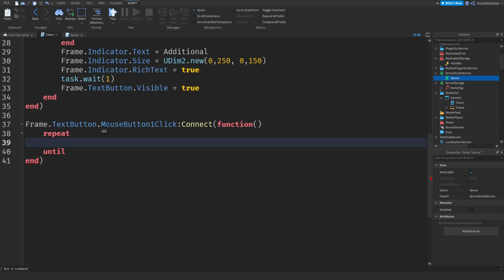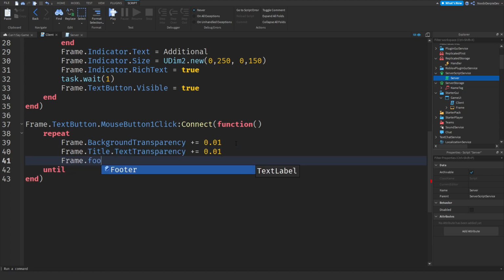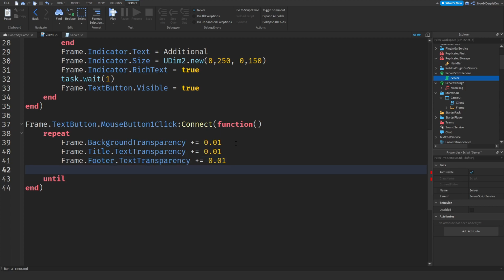So this is a little bit harsh, it's a long line, but frame.background transparency plus equals 0.01, and just copy this by now. Frame.title.TextTransparency, so make sure it's text transparency plus equals 0.01. Frame.footer.TextTransparency is the same.